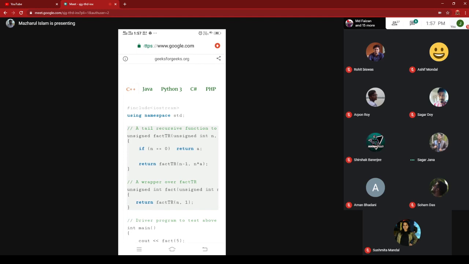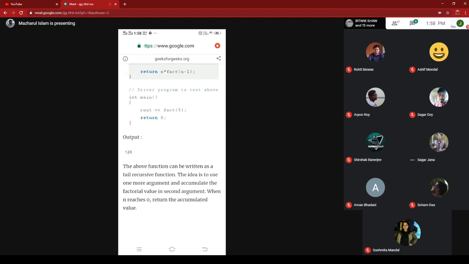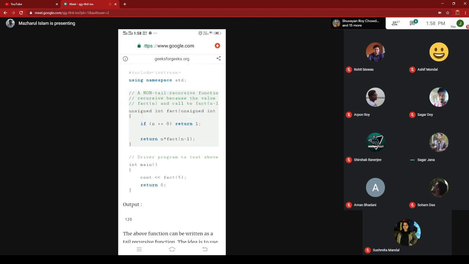In the first definition of factorial, factorial n is calling n into factorial n minus 1. When factorial n minus 1 is executed, the final operation is n into factorial n minus 1. This is the pending operation. But tail recursion says there will be no pending operation at the end.